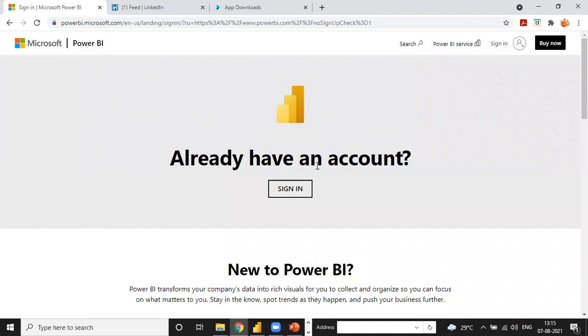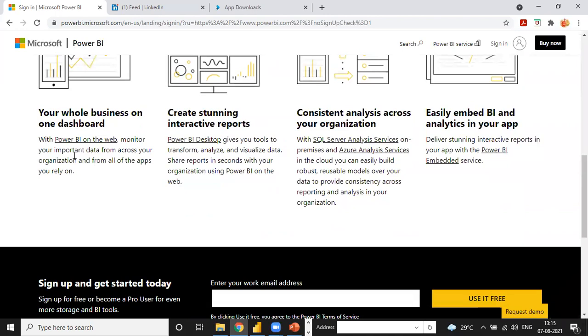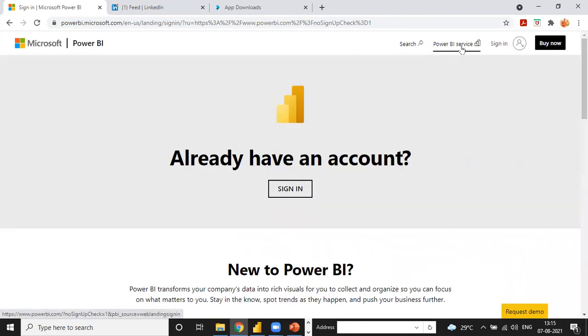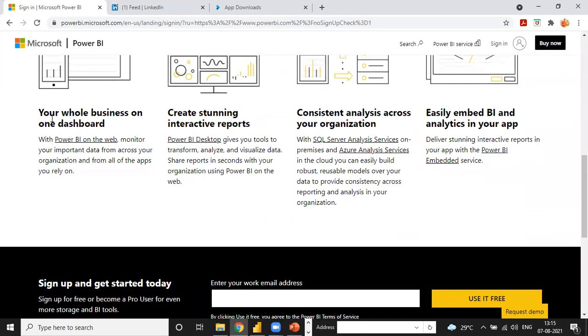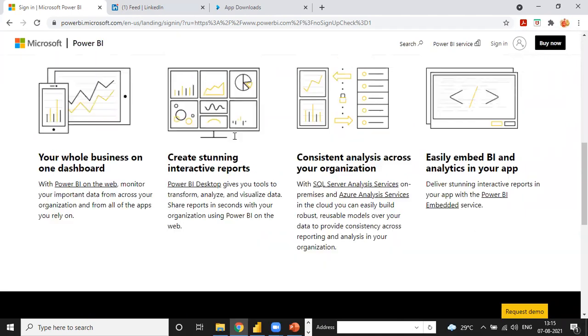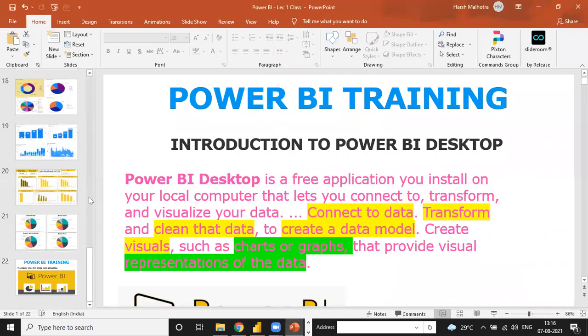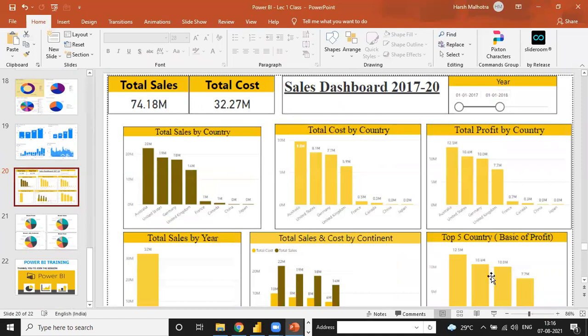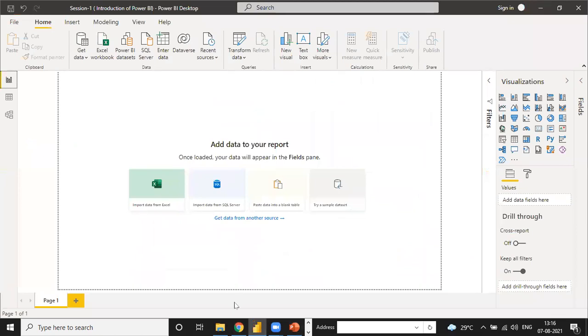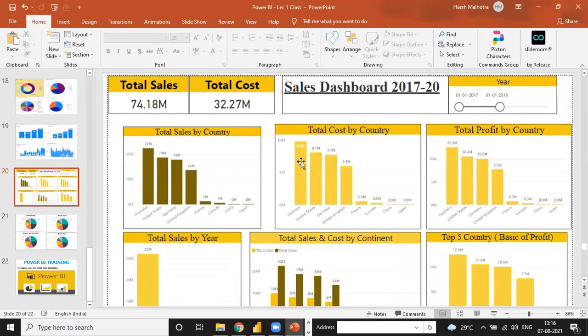Don't worry about that. Okay, see, when you make the whole report in the service and sign in, your whole business is on one dashboard. Creating stunning interactive reports means, suppose you have shared your complete dashboard. I will tell you, this kind of dashboard you make with the visualization tool, and you publish it directly online.